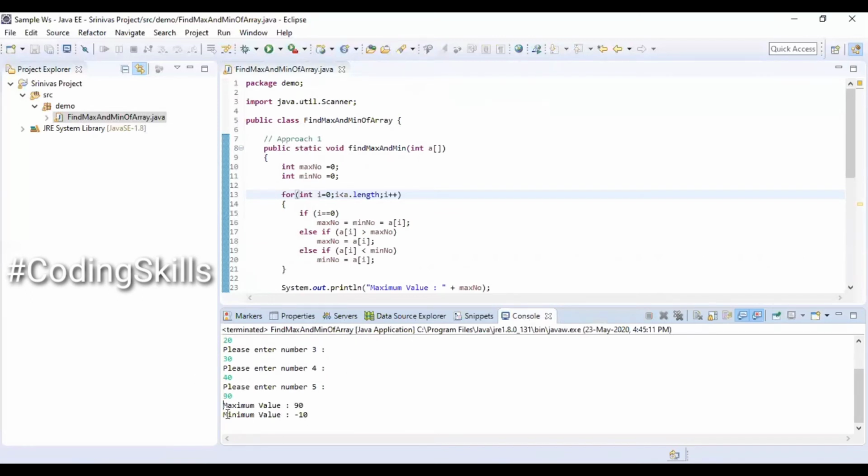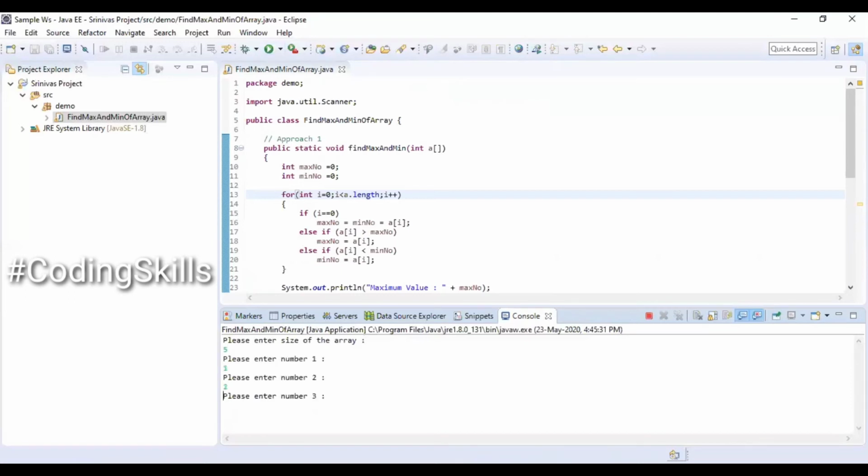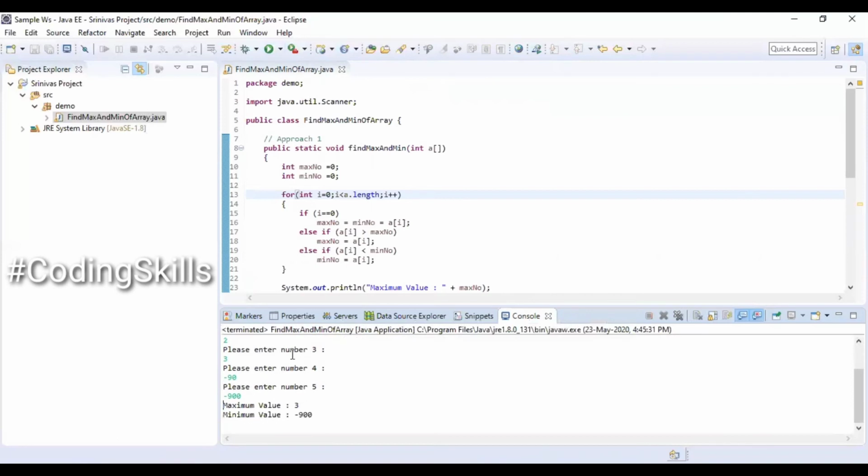After entering the 5th value, we should see both minimum and maximum values. Executing again. So both minimum and maximum value as can be seen. So this compares both positive and negative values.